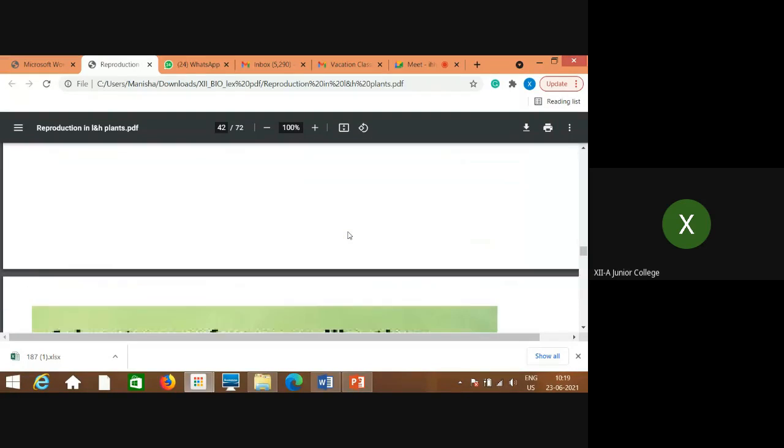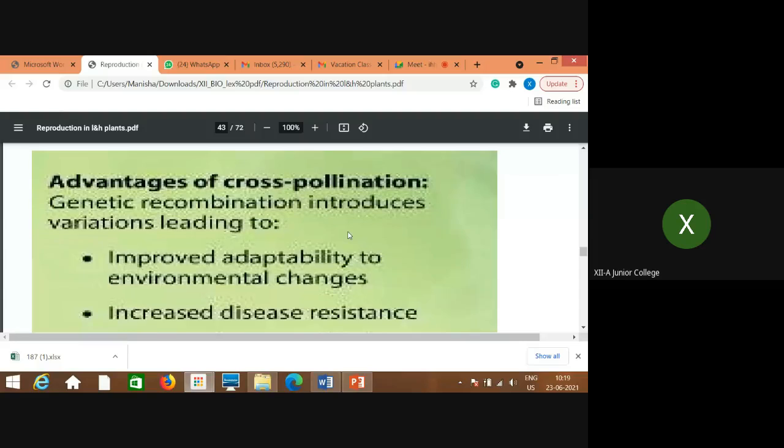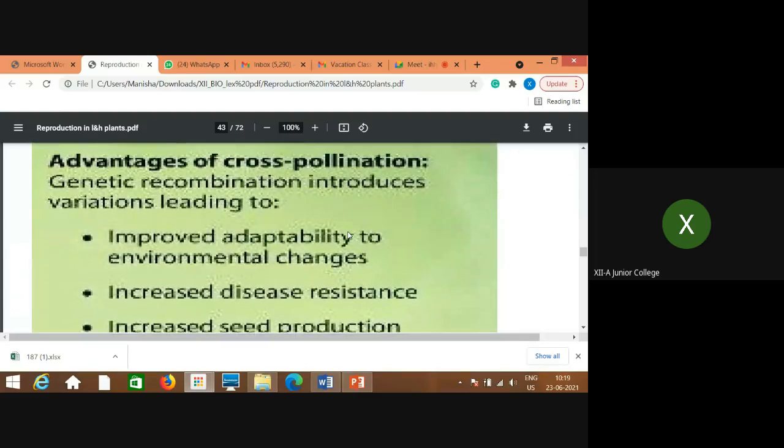Then next we will talk about the cross pollination advantages. Now, a few points which are advantages of self pollination can be considered as the disadvantages of cross pollination, and advantages of cross pollination can be considered as the disadvantages of self pollination. So it's very simple and easy to remember also. Now, the first advantage is that genetic combination